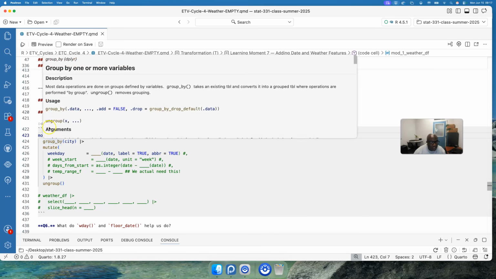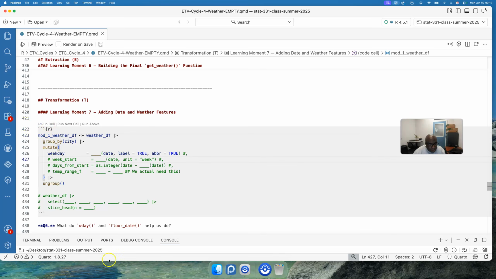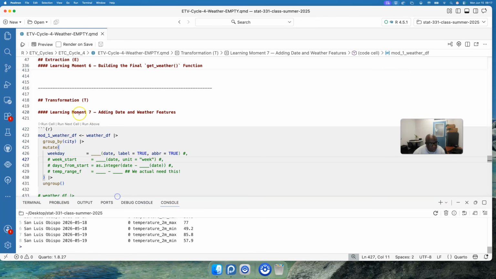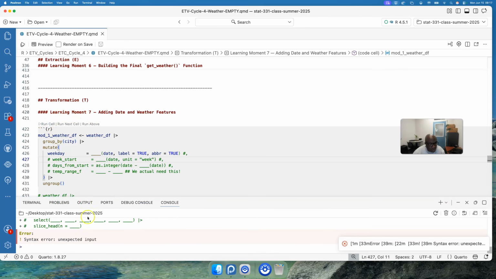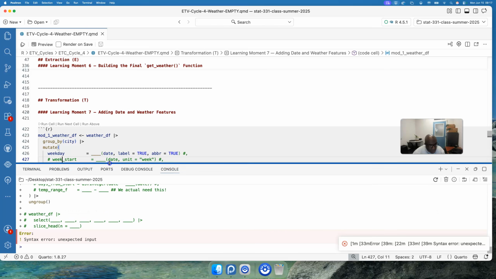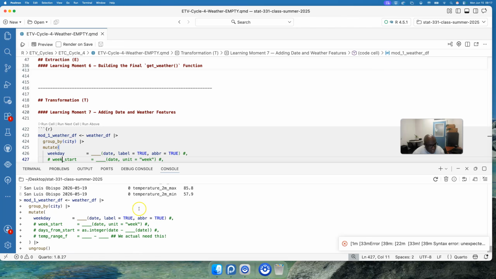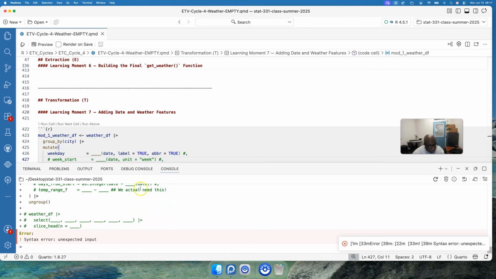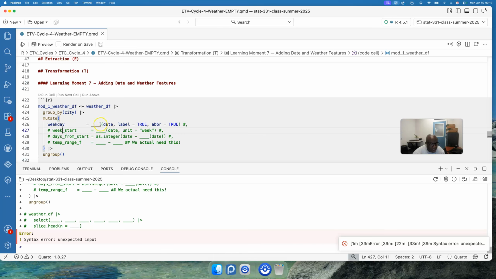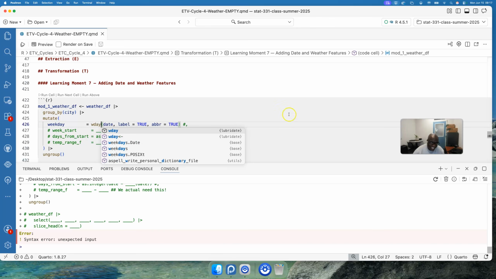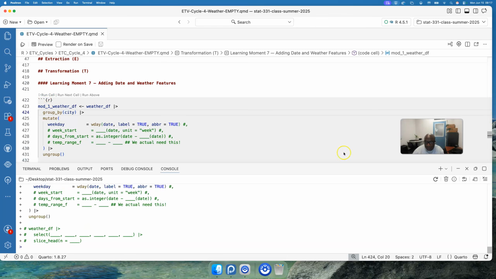And so when I run this, I should be able to see what happens, which I'm apparently not able to. So there's an error. It's unexpected inputs. That makes sense because I didn't put the function. So what I want to do is utilize the weekday function. Getting ahead of myself. Run the weekday function, and we're going to eventually do these, of course, but